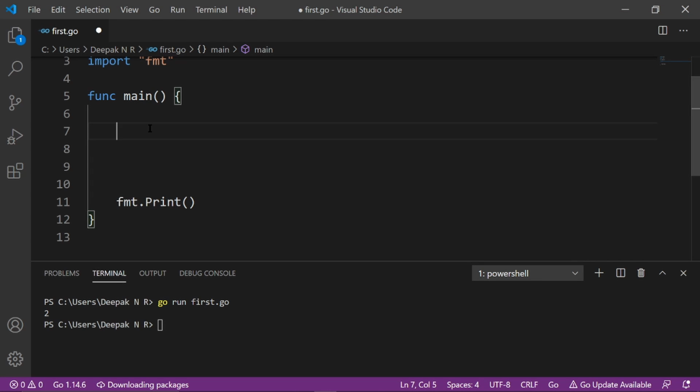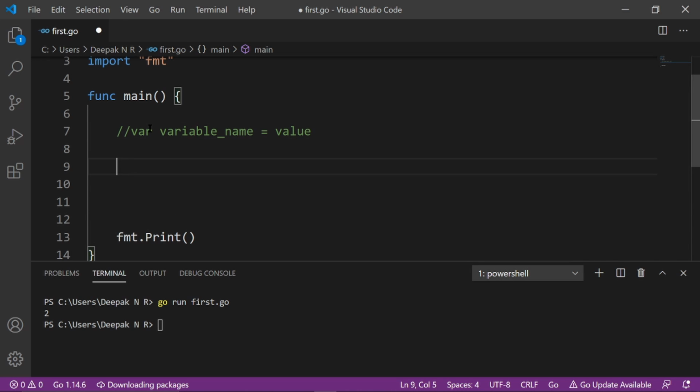Creating a variable. Syntax for creating a variable is var variable name is equal to value. Now let's go ahead and create a variable. var num is equal to 2.